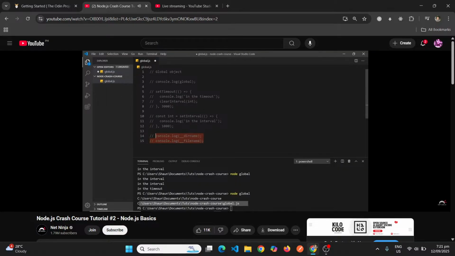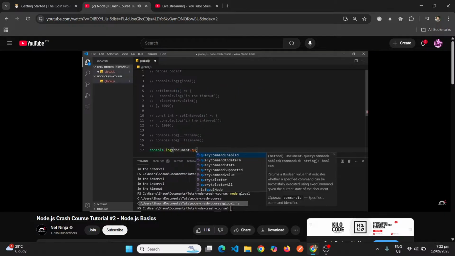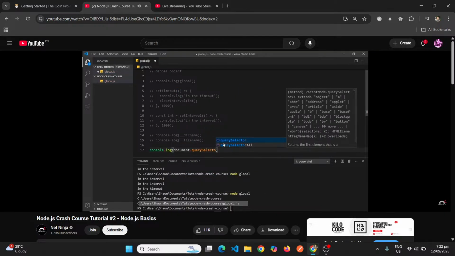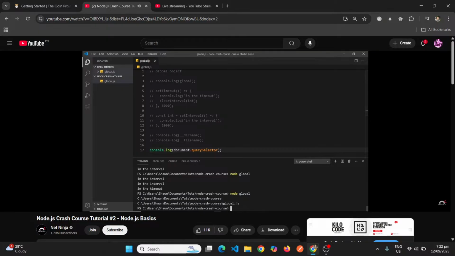Now, like I said, the global object in Node is different from the global object in Windows. So some of the things in the window object, rather most of them, we can't actually access. Things like DOM methods. So for example, I couldn't access the query selector. So I couldn't say console.log and then document.querySelector, that wouldn't work. Let me save it and try this. Node global, and we get an error. Document is not defined because document is in the window object, and we don't have that in the global namespace